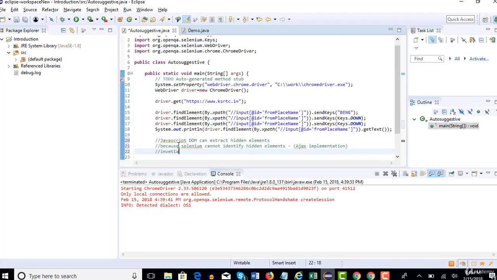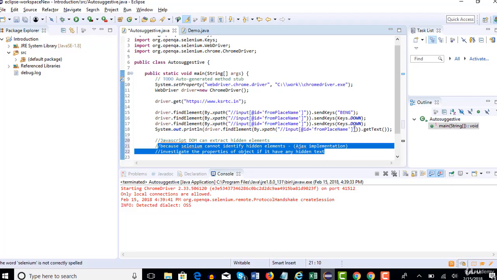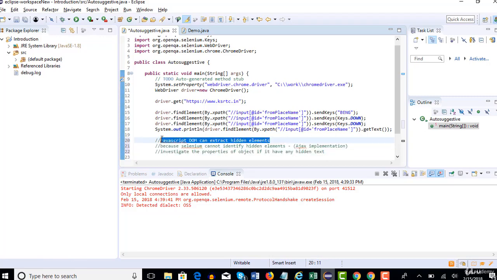Investigate the properties of the object, to see if it has any hidden text. Due to this drawback, to get the text we now need to depend upon JavaScript.